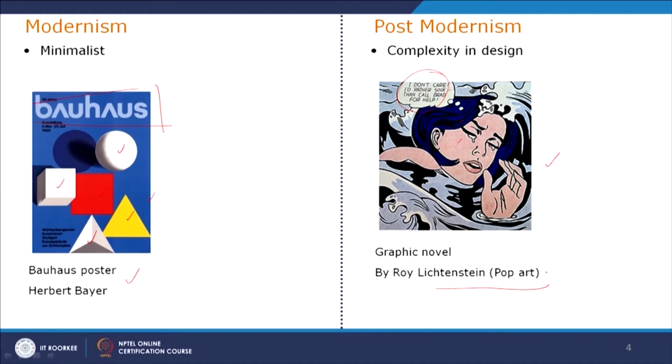But you can see the differences between the color selection and the line quality. If you look, the lines are also varying in their width, and there are different kinds of curvilinear lines. And this is a complex kind of poster which comes within the pop art movement.